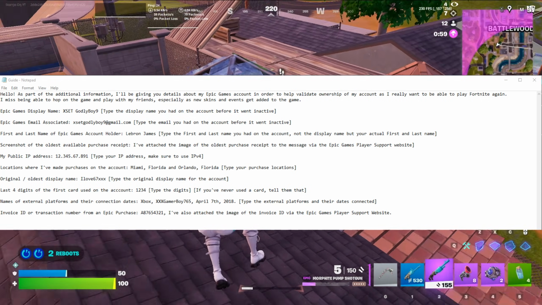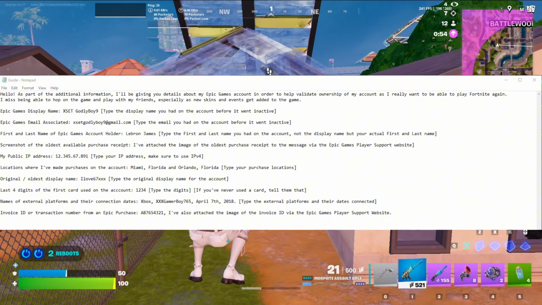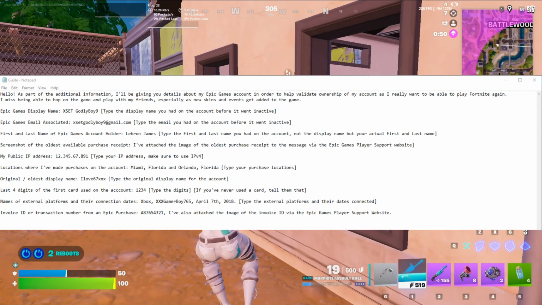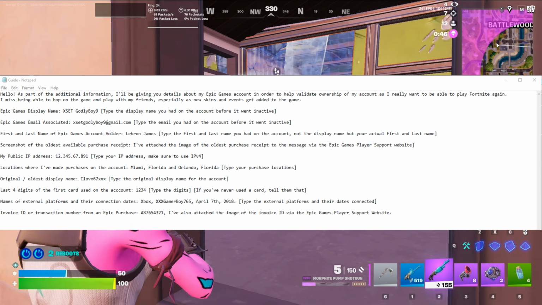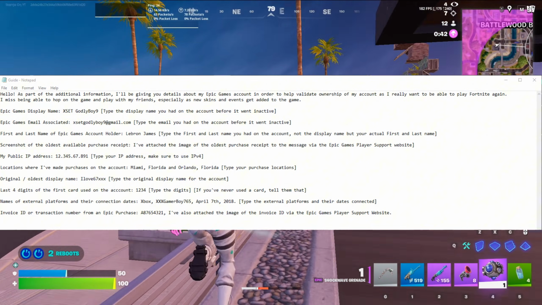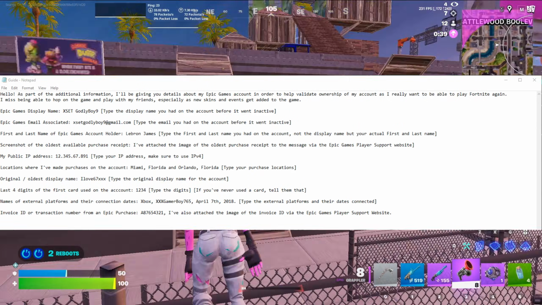So I said type the display name you had on the account before it went inactive, and the email associated with the Epic Games account, the email that was on the account before it went inactive. Then type the first and last name of the Epic Games account holder, so obviously you're going to have to type your first and last name. You're going to tell them about the screenshot of the oldest receipt that you attached on the